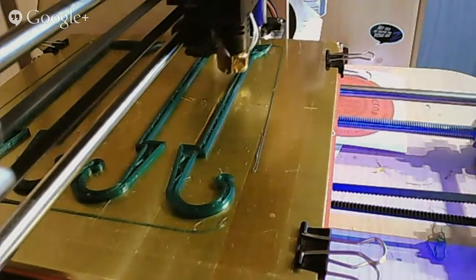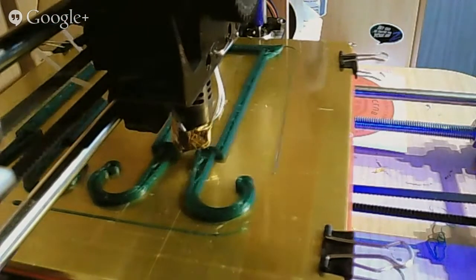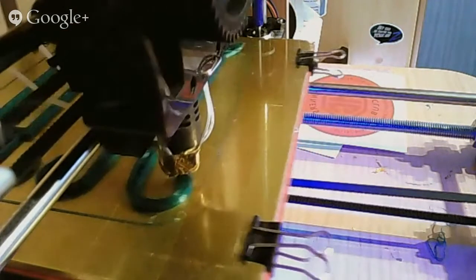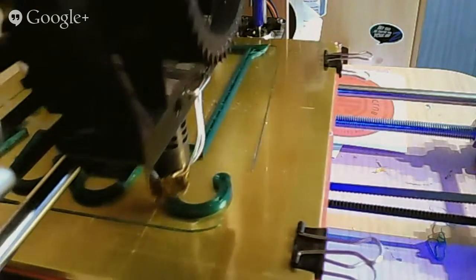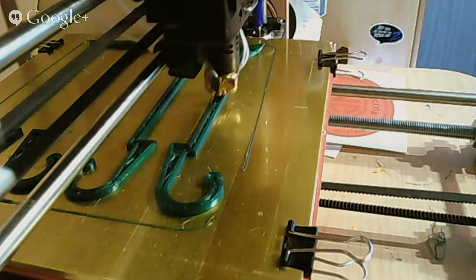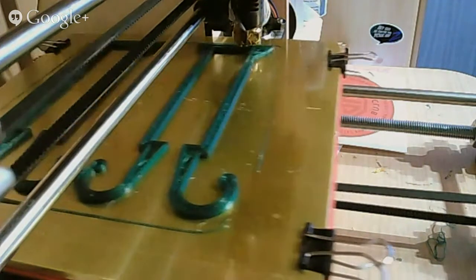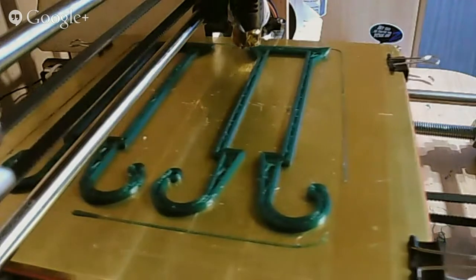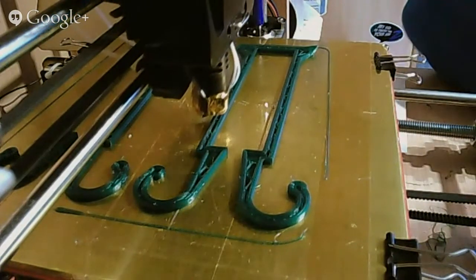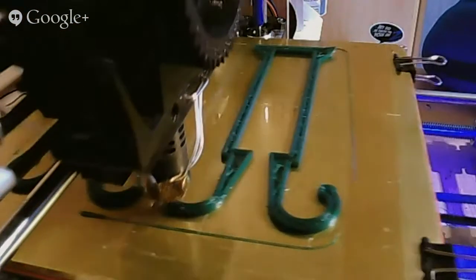I think we're probably about 10% done now. Yeah, 9.27% done, so we're not even a quarter of the way. We started this print at 3:30 roughly, so it's been about half an hour. I can probably count the layers still: 1, 2, 3, 4, 5, 6, 7, 8, 9, roughly about 10 or 11 layers. So yeah,